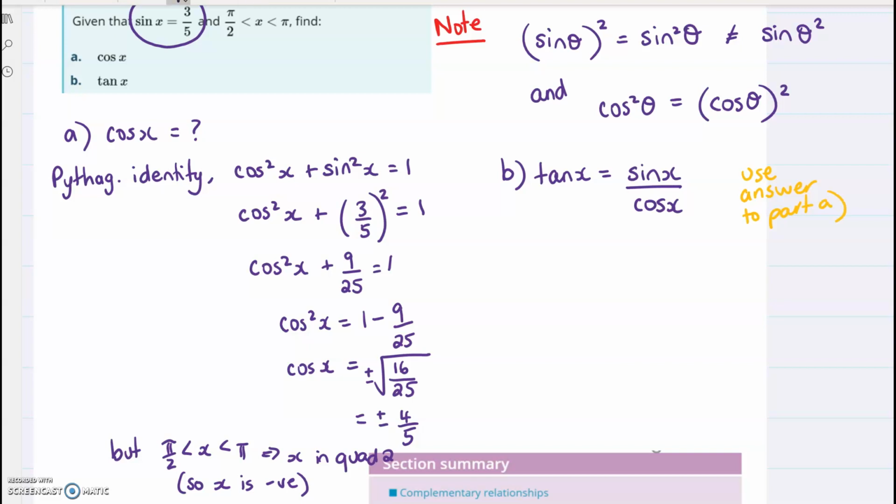So sin x was in the question, that was 3/5, so we've got 3/5, and we're dividing by cos x, which is negative 4/5. Now you can't divide by fractions, but you can times by the reciprocal. So the 4/5 flips to 5/4. So multiply by reciprocal,